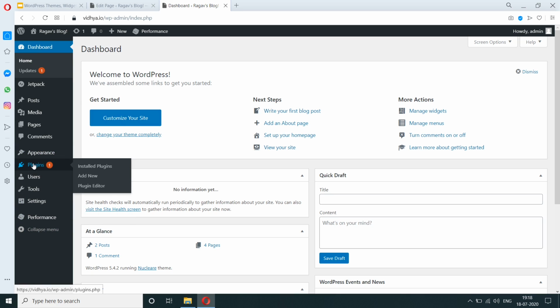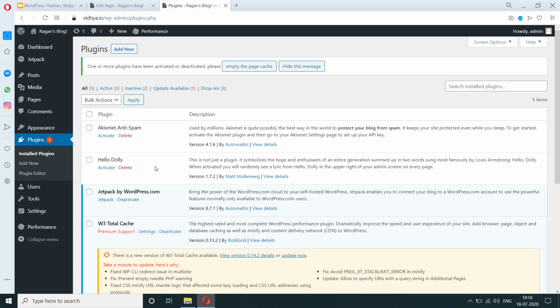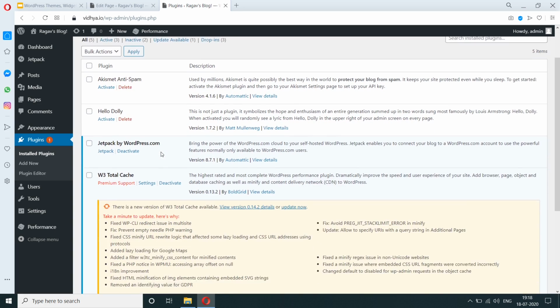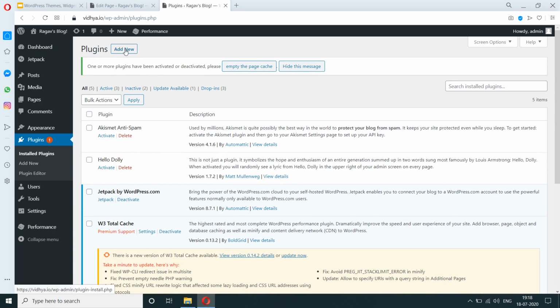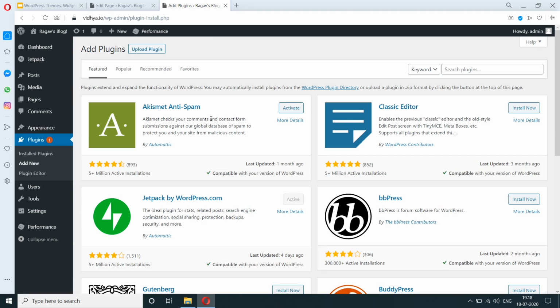Here we have the menu for plugins. I'm going to click on this. And here we get a list of all of the plugins that we already have installed. And if you want to add a new plugin, you click on this button. Just like how we had a search option for themes, we have a search option for plugins as well. So here you can see a list of plugins, and here we have the option to search for plugins. So right now I'm going to search for a plugin called Contact, the contact form.